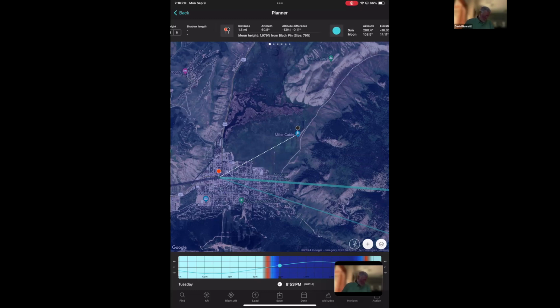Let's move this over so that now you see the sun and moon. Again, this is the top panel. Okay, and if you touch that icon which was blue and now is golden blue, that gives you